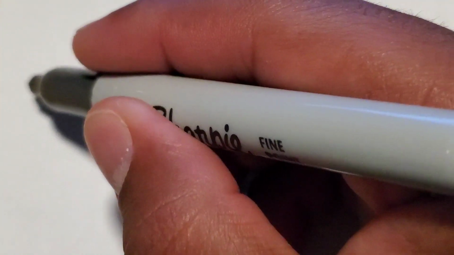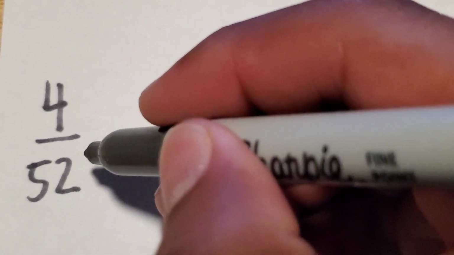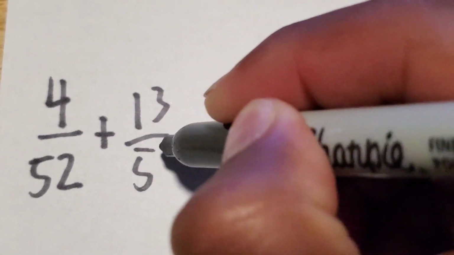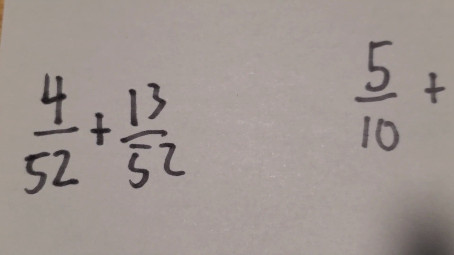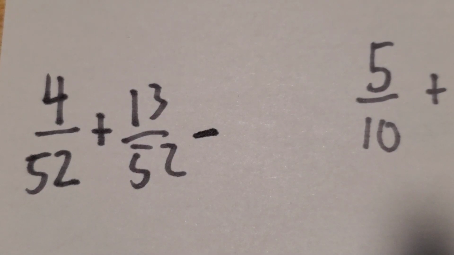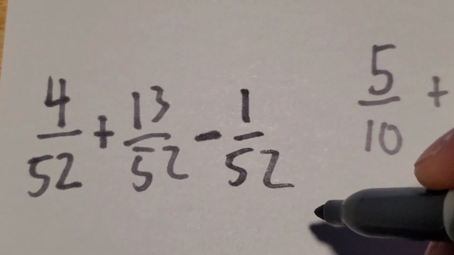So yes, we know that a king, 4 out of the 52 are kings, plus 13 over 52. There's 13 spades out of 52. But you have to remember, you have to ask yourself, can one of these cards be a king of spades at the same time? And yes, there's one of these cards that's both a king and a spade at the exact same time. So we have to subtract that 1 over 52,